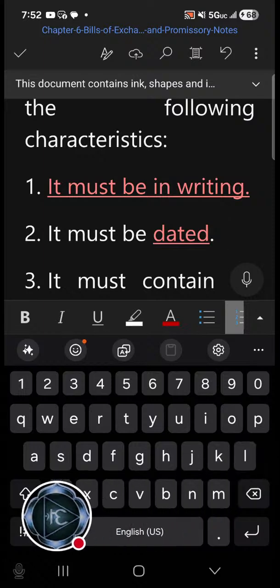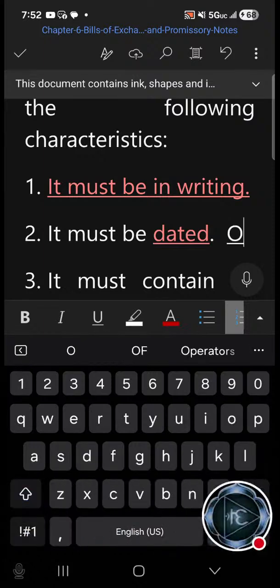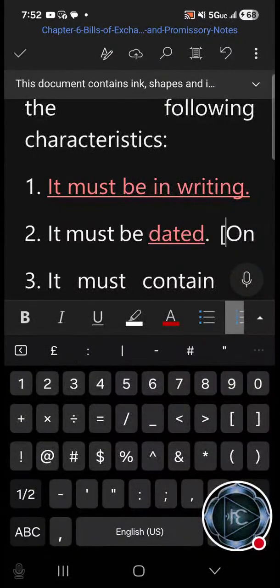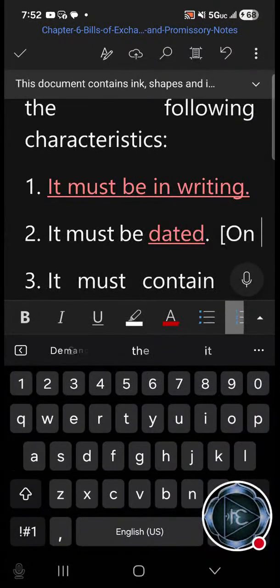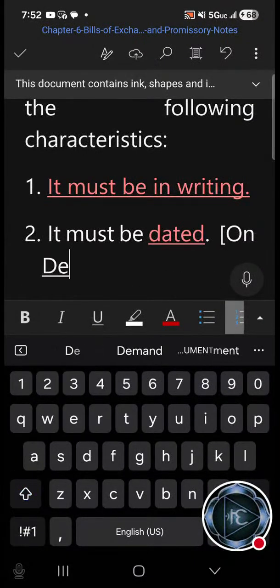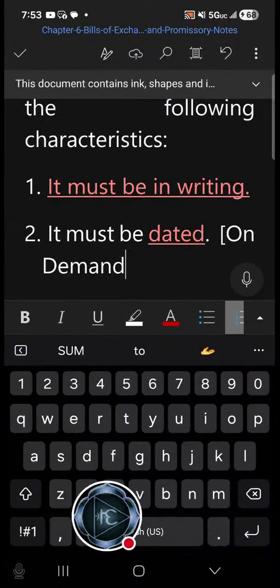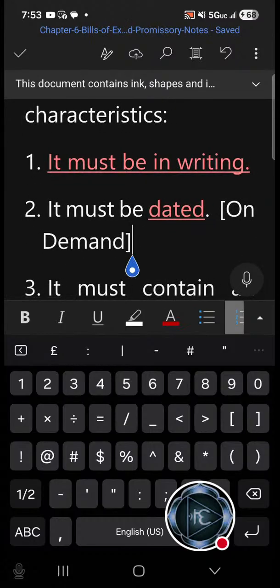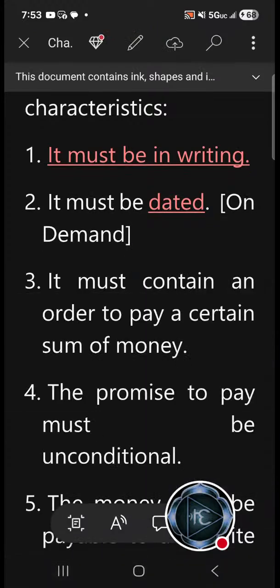For example, on demand. The words on demand eliminate the need for a date,